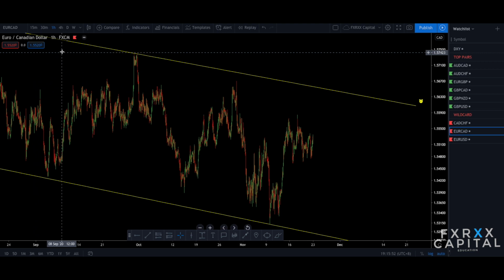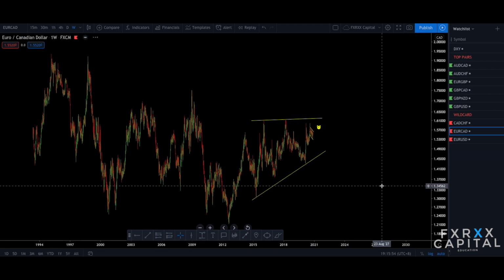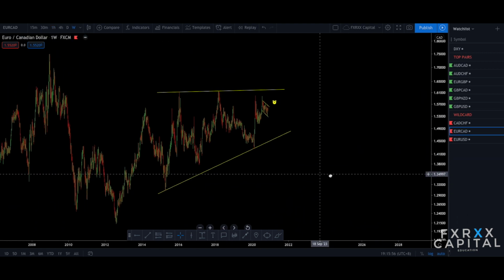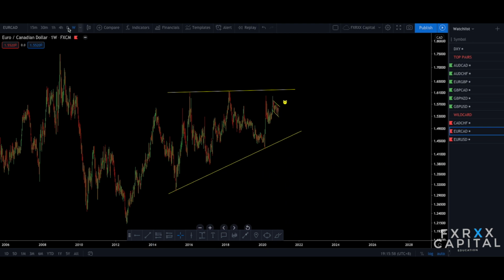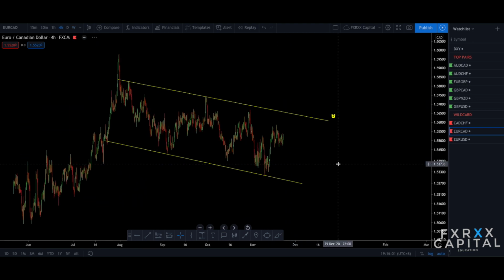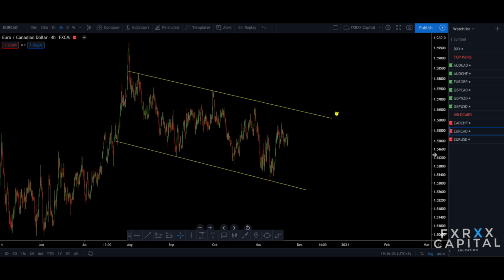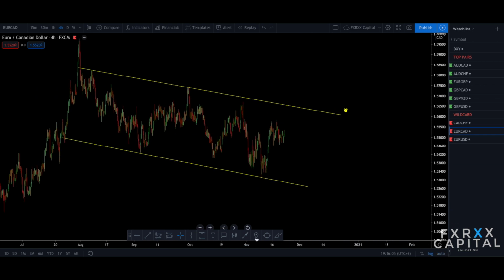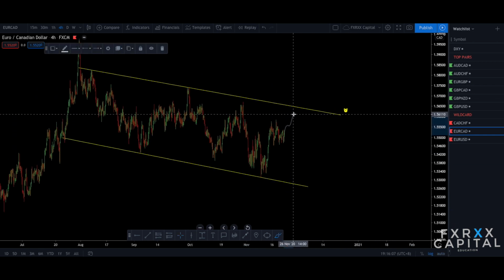Next pair will be Euro Canadian dollar. Euro Canadian dollar, we can say price is in the middle of the structure. However, this is the flag that I'm really looking for. This is quite a clean flag. So I will be looking for price to sell to the downside